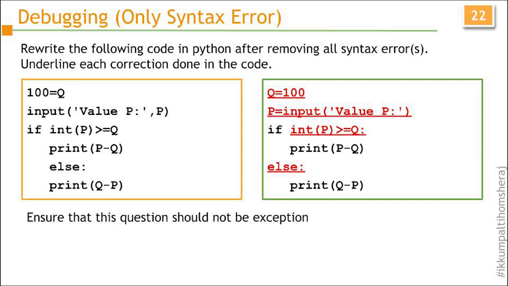In certain questions, if we make a correction at one point, normally in a theory paper, we give marks for that. So avoid that, but if it is there, then it is okay. For example, if I have written 100 is equal to Q, in the next line I would have written 10 is equal to P, so that he will not immediately guess. Any correction done by the child means that the child knows the concept that variable is equal to constant is correct and constant is equal to variable is not correct. So very important: exceptions should be avoided in the syntax error questions in Python.